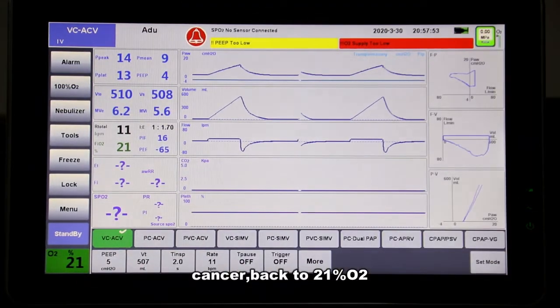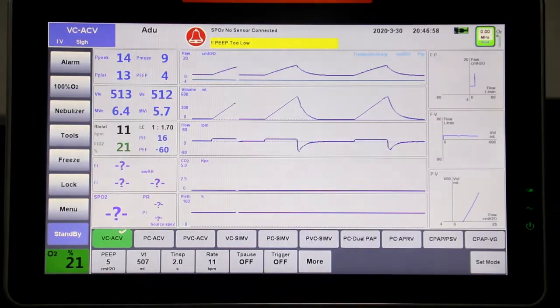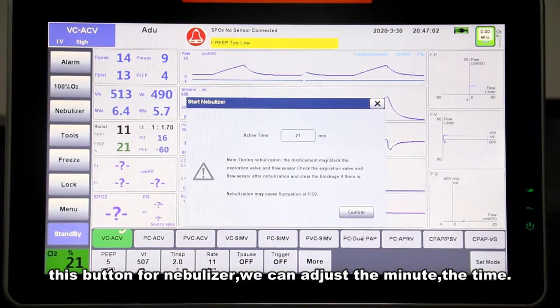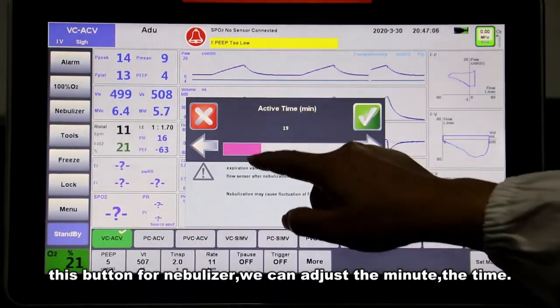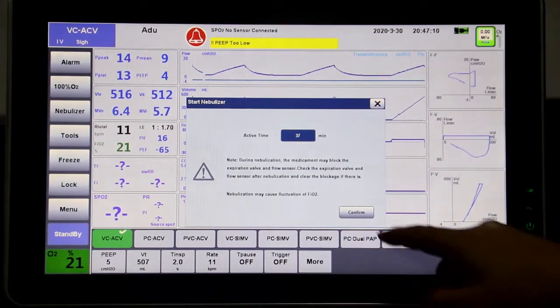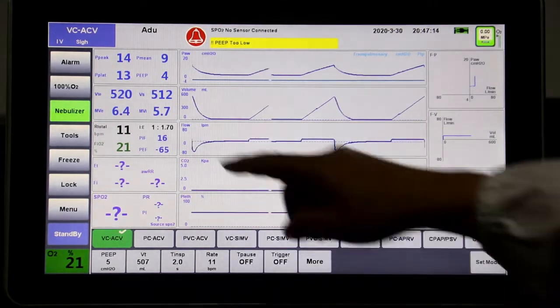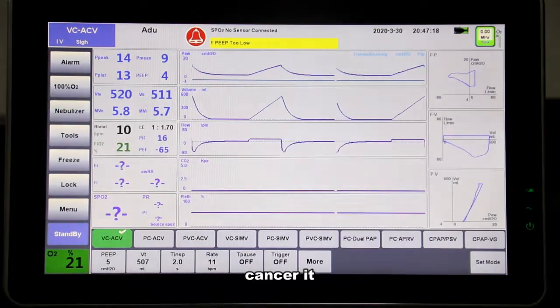Cancel, back to 21%. This button is for nebulizer, we can adjust the time in minutes, confirm. It works. We cancel it.